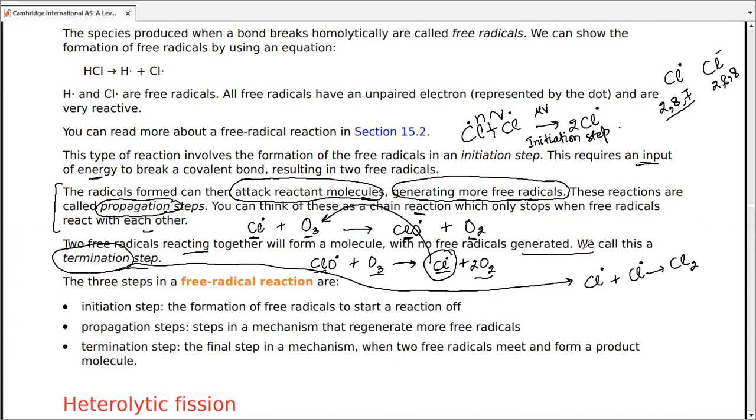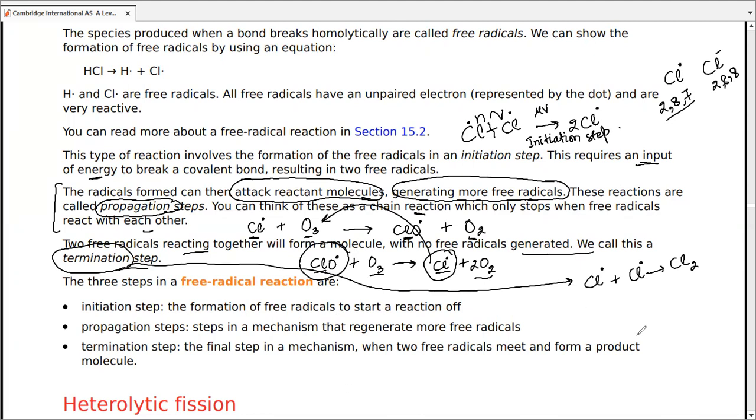Makes sense? Now, yes sir, but what about in the ClO? What about in what? The ClO, because chlorine is bonded to oxygen, right? Right. Chlorine is bonded to oxygen, but they have an unpaired electron as well. That's why the sign. Whenever we are going to write a dot on something like this, keep that in mind. They have an unpaired electron as well as they have a bond,